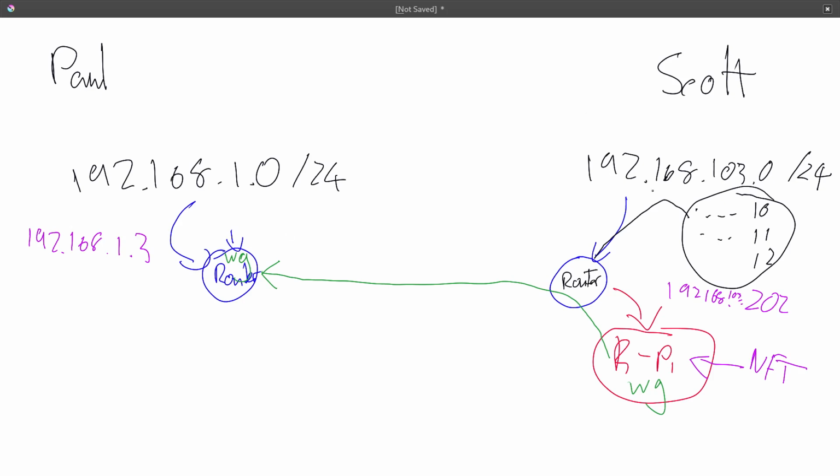My router knows that this 103.0 network's on there because WireGuard set it up. So my traffic will go down through that tunnel,